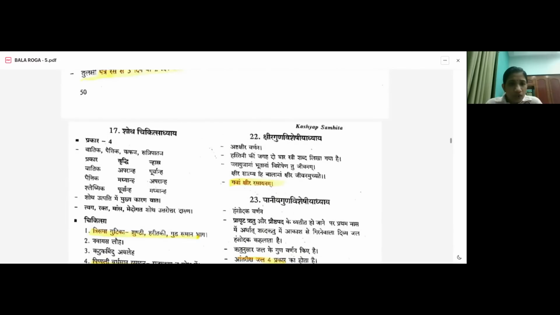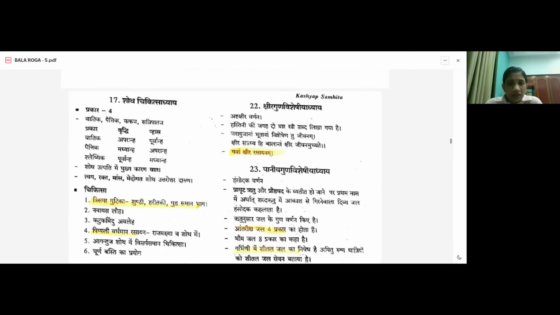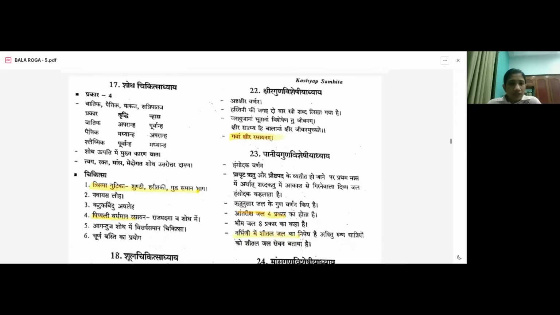So next is Shotha Chikitsa Adhyayam. Mainly 4 types of shotha are mentioned. And in the treatment section, Trisama Gulika, that is the ingredients are Shunthi, Haridra, Guda, Samana Bhaga. These are the ingredients. And Navayasa Loha is mentioned in which context? Shotha Chikitsa. Okay. And Pippali Vardhamana Rasayana is mentioned in Rajayakshma and Shotha Chikitsa. You just remember